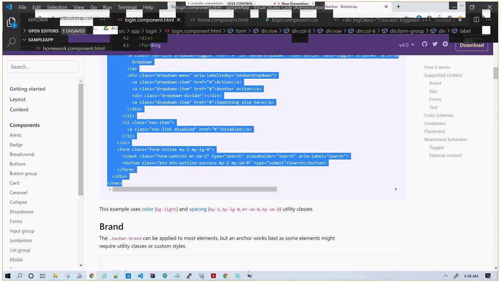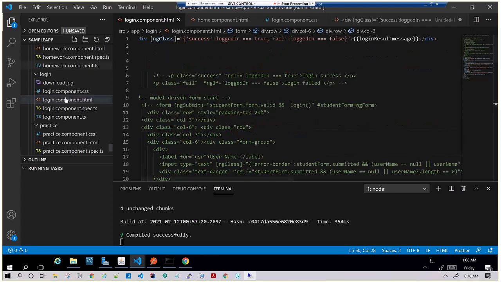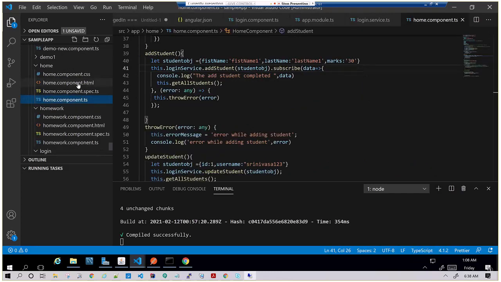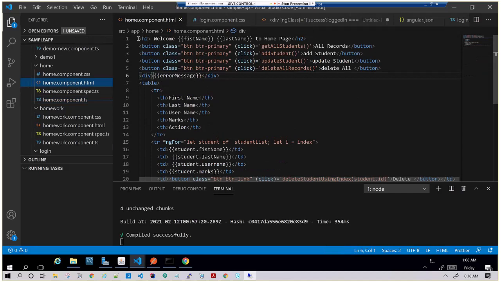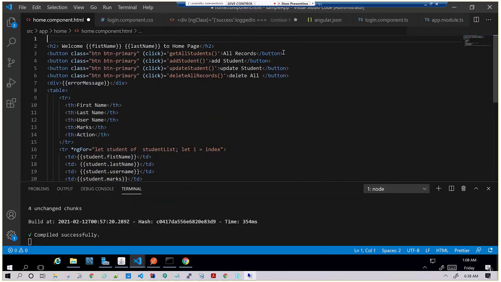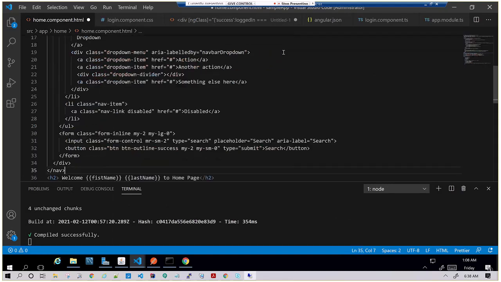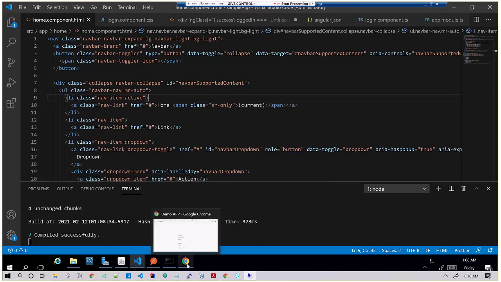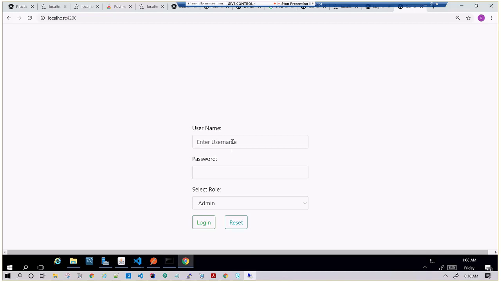This is a login page, and once login is done, we are redirecting to home page. In the login page HTML, as we have created these first name and welcome to login page, above that here I'll add this code. I have added this navigation bar code here. I didn't modify anything. We'll see how the UI will look like. First, I'll log into that.